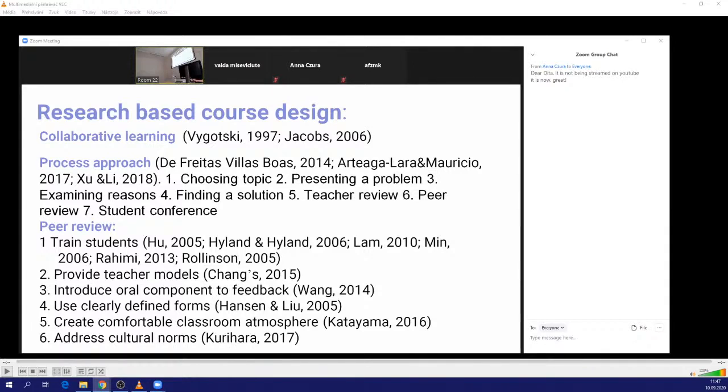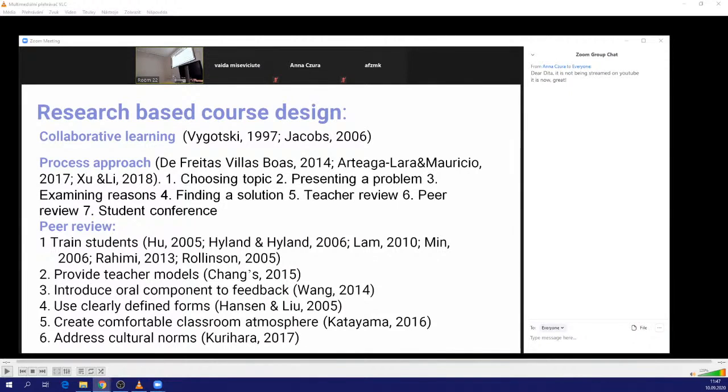I looked at process approach. I really don't believe in a product where you are given an assignment and you have to produce. And a lot of research, I'm listing just a couple, is really showing that process approach is probably one of the best approaches to teach assignments through deep learning,